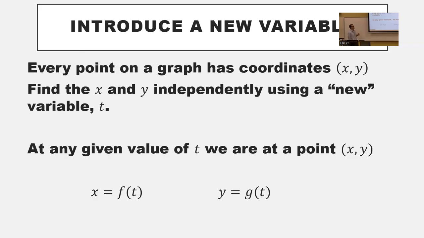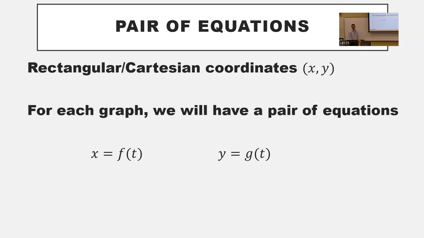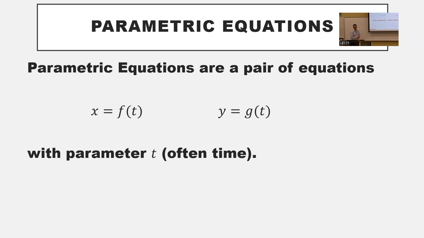So I can say at t equals 3, what point are we at? At t equals 7, what point are we at? And so on and so forth. So we have a pair of equations that are giving us each point. And therefore, each graph will have a pair of equations. This pair of equations is called the parametric equations